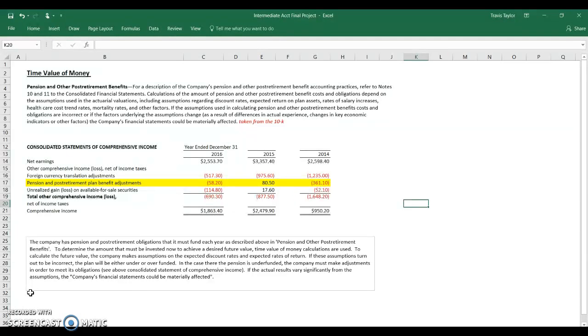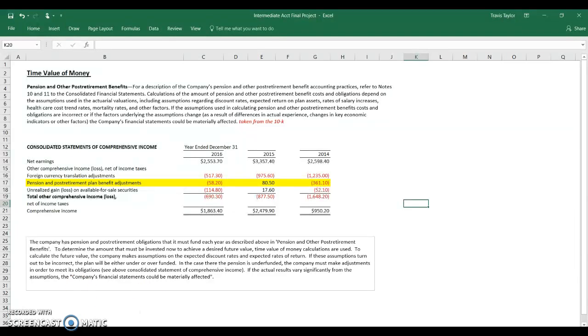The reason this is important is because if those assumptions turn out to be wrong, then the pension fund is either over or underfunded. In a situation where it's underfunded, the company still needs to make contributions to adjust the plan so that they have the amount of money needed to make the pension payments and meet their obligations. According to the 10-K, if the actual results vary significantly from the assumptions, the company's financial statements could be